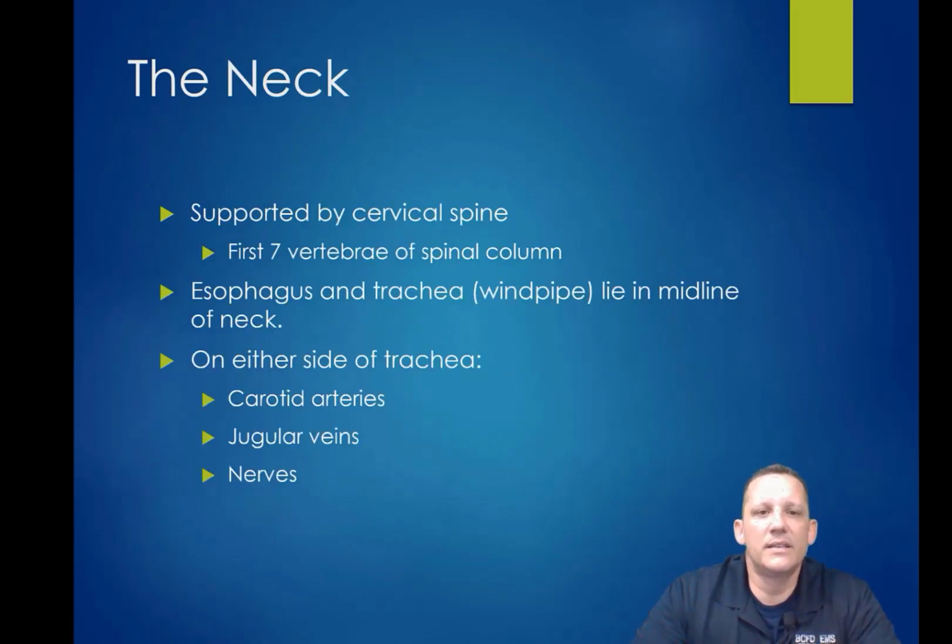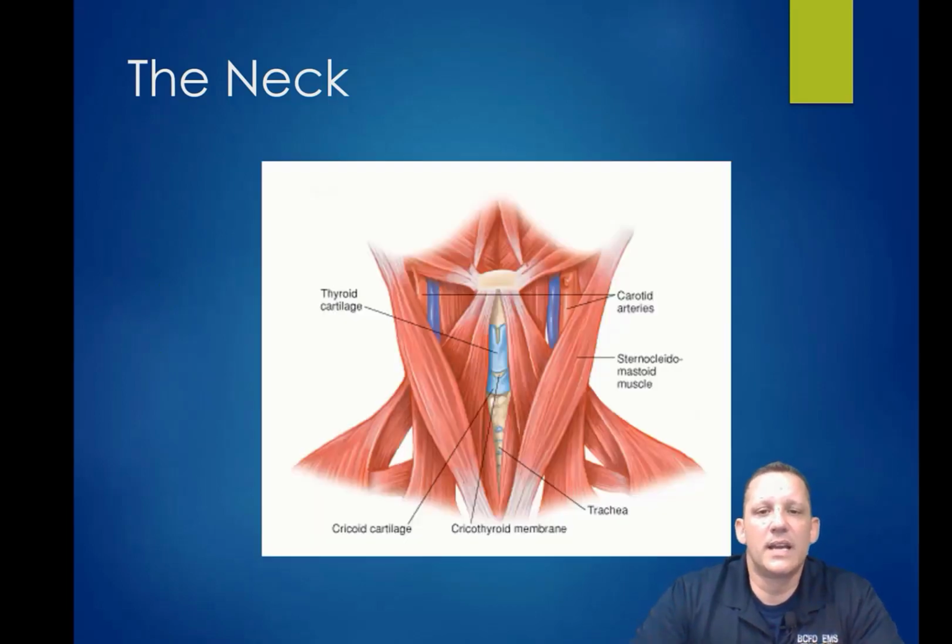The neck is 7 cervical vertebrae. It also encompasses the esophagus and trachea, which for lay people is the windpipe, right? And those lie midline in the neck. And on either side of the trachea, you have the jugular veins, the carotid arteries, and nerves. So if we're looking at this, this has got the